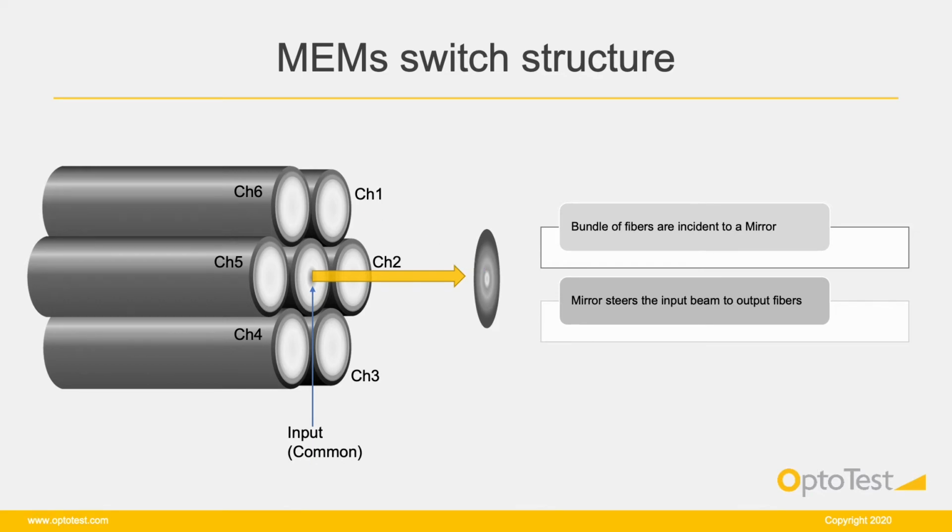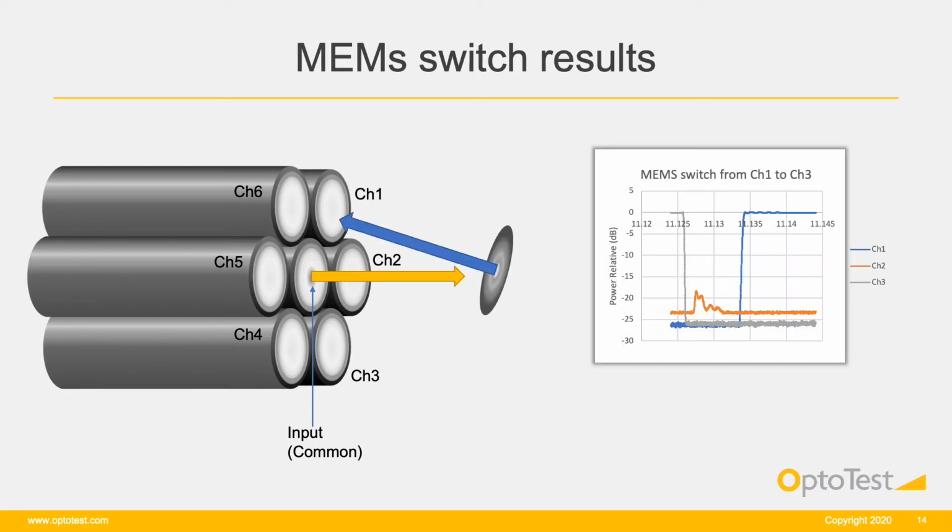When incrementing through channels, the mirror steers the beam to each channel. However, unlike the mechanical switch, the mirror doesn't need to travel on a fixed path. So the switch can change channels and the mirror can move the beam directly to the appropriate channel without needing to pass the intermediate channels. In this case, when the switch is on channel 1 and channel 3 is selected, the switch goes directly to channel 3. The beam, however, partially passes by channel 2 on its way to channel 3. This results in a small power blip on channel 2 during this process.